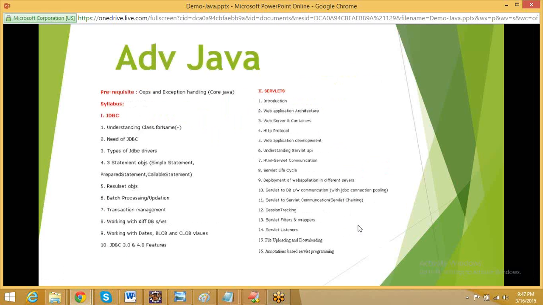There are two main concepts in advanced Java. That is JDBC. This is all related to the drivers related to the databases, either MySQL or Oracle. In this session we are using MySQL, an open source database, and the server is Tomcat, also open source. We are going to use those two. Whereas servlets are the hardcore, and they take care of the request routing: how it is taking from the browser, how it is implementing our business logic, how it is interacting with the database, and how it is picking the data from the database.